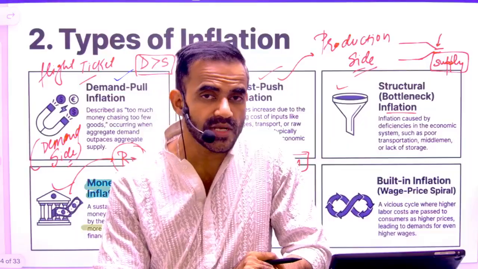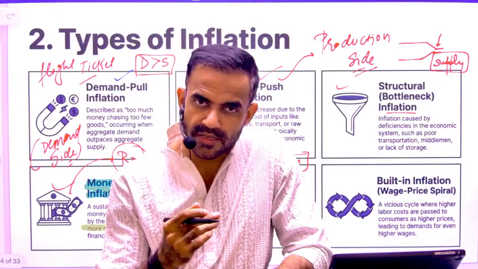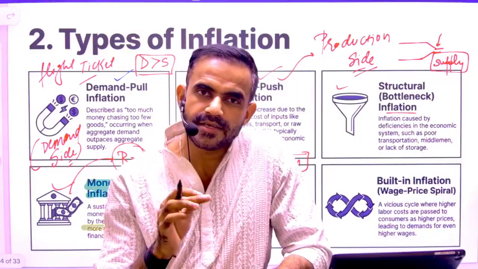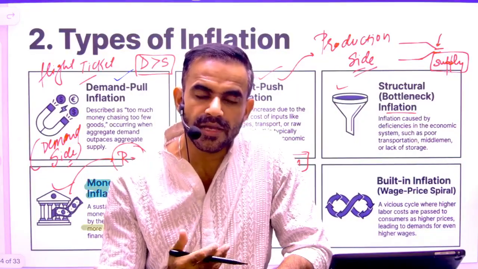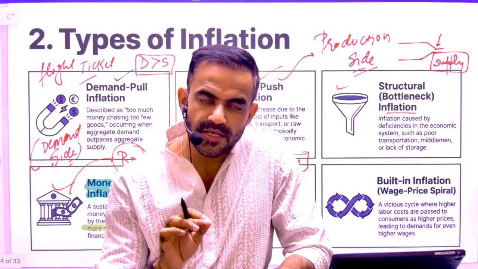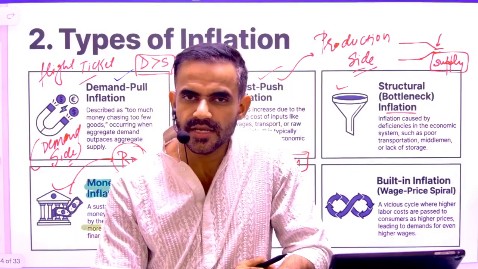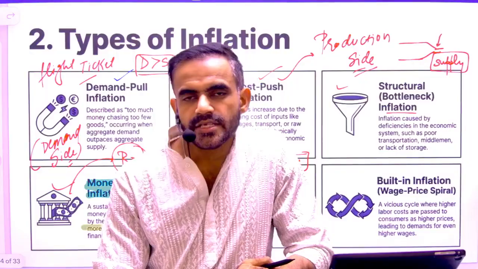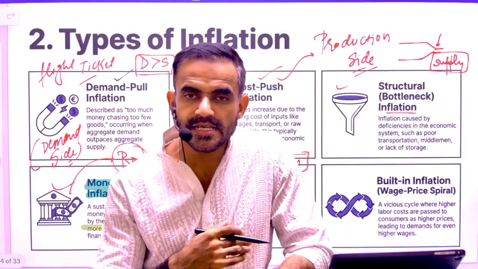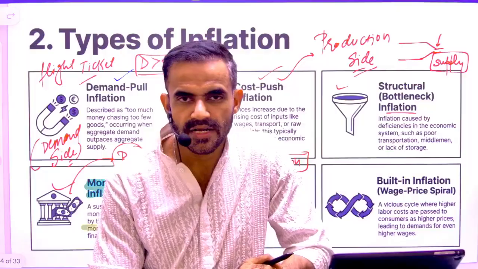Okay. Now, in this case, what is happening? The production cost is not increasing. The company has increased the price just to improve their profit margin. This is referred to as greedflation. That simply means the company is becoming greedy for more and more profit. Usually, this kind of inflation is there in those sectors where we have limited competition. For example, let's say tomorrow IRCTC, that is Indian Railways, decides to increase the price. Now they don't have competition, so of course they can, and as a consumer we will not have a choice to migrate to some other option. So this type of inflation is referred to as greedflation.